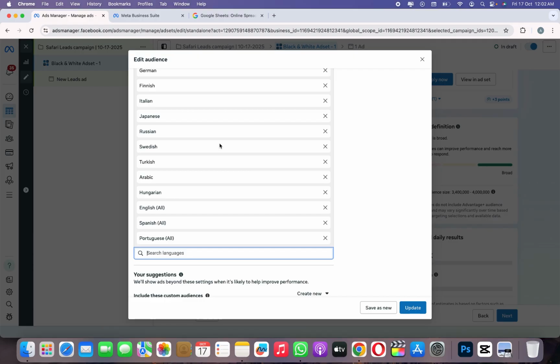I don't want to include Indian and Pakistani people right now because most of the people are working there